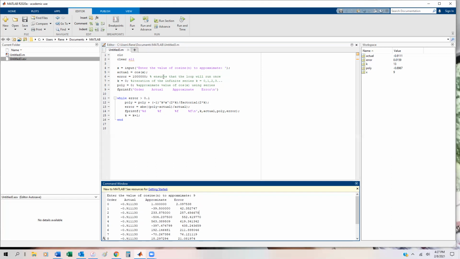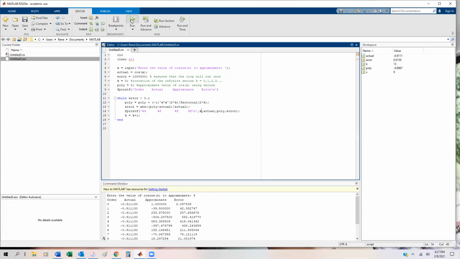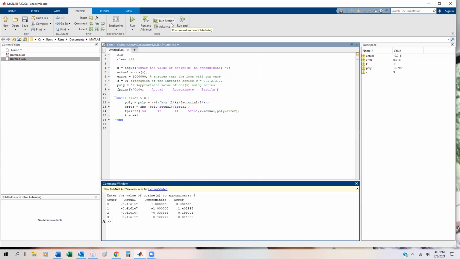And I'm going to run it again just to show you that this works. Here, I want to put in 9. If I try a number that's closer to 0, like 2, it doesn't take as long. The closer that you are to 0, the better it is, all right? So if I had something like 0.4, it actually gets really, really close. Now, if I had something like 50,